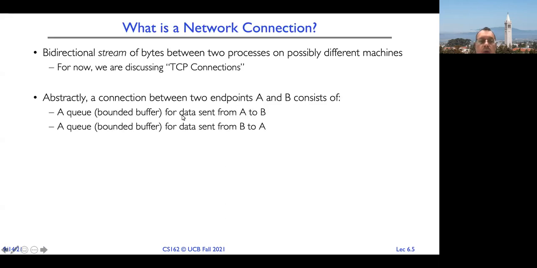Okay, so now we need to abstract the connection between two endpoints, A and B. The way we are going to do that should, again, be very natural, because you are going to send a stream of bytes. You need to abstract it like a queue, right? Why a queue? Because,